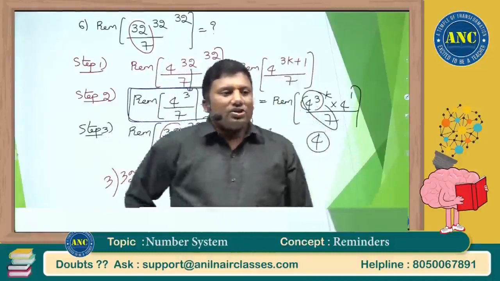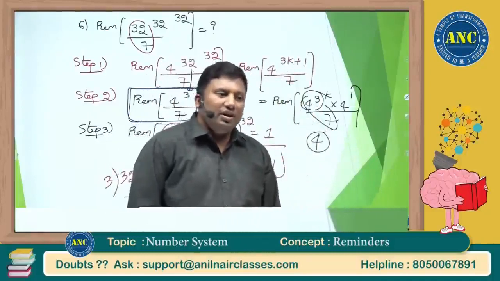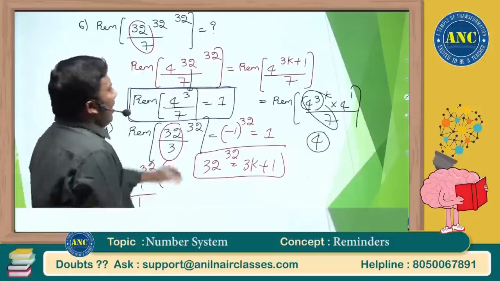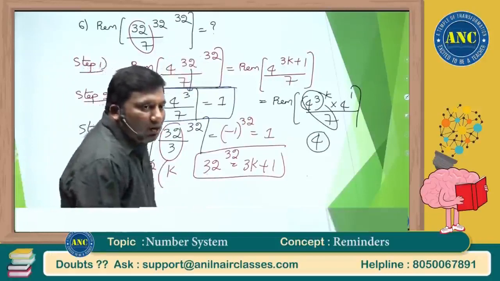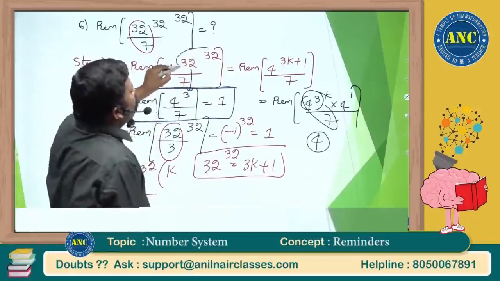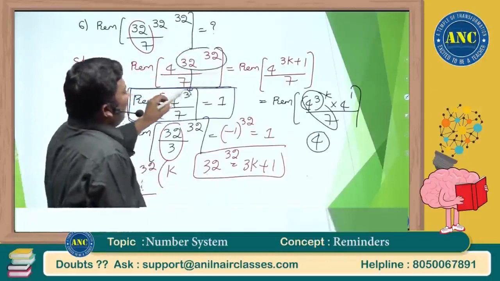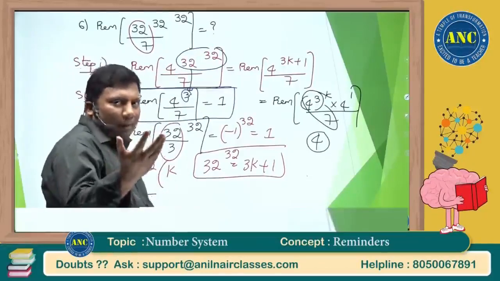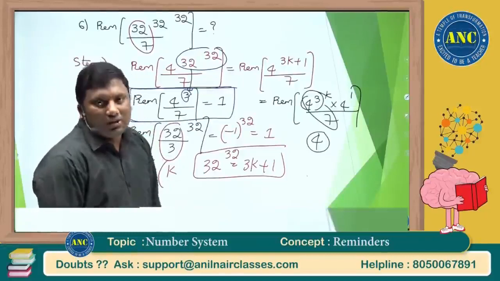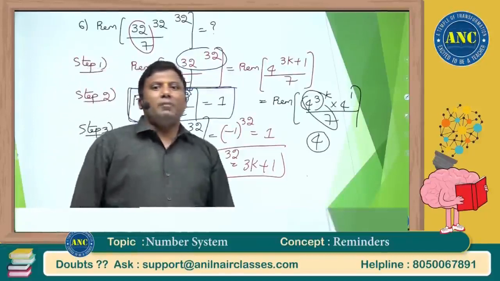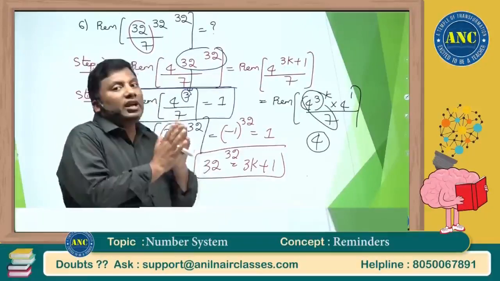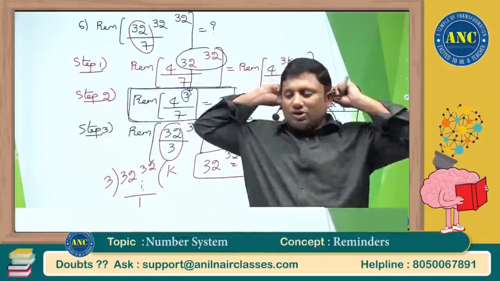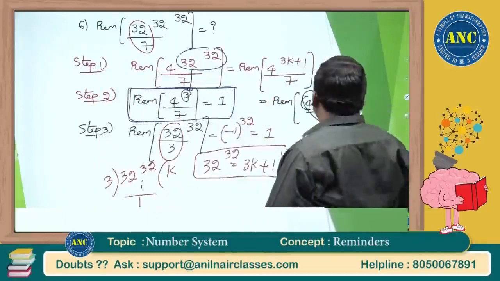Let me see the chart. If any questions are there, then we'll discuss. Why 32 divided by 3? Ashok, I want to know what is the form of this number when you divide by 3. Any number when you divide by 3, either it will be perfectly divisible by 3 or gives a remainder 1 or gives a remainder 2. So I want to know the form of 32 power 32. Next one. Sixth question.